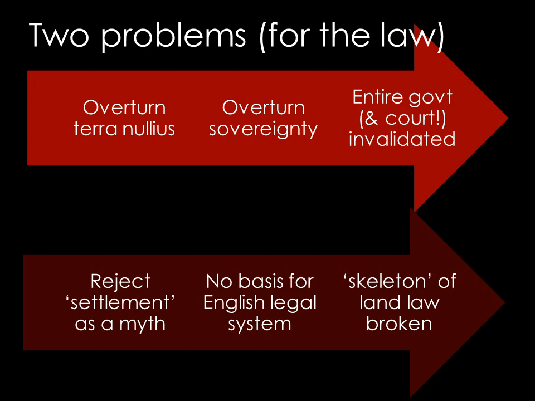So let's have a look at those. Let's understand what the challenges were. One of the potential bases for overturning the state's claim to land was to argue that terra nullius did not apply, because the land, of course, was not uninhabited. It was well inhabited, and it was inhabited according to a system of laws that was well known to the existing peoples. The problem with overturning terra nullius was that because it is a question of international law, the effect of overturning terra nullius would be to overturn sovereignty.